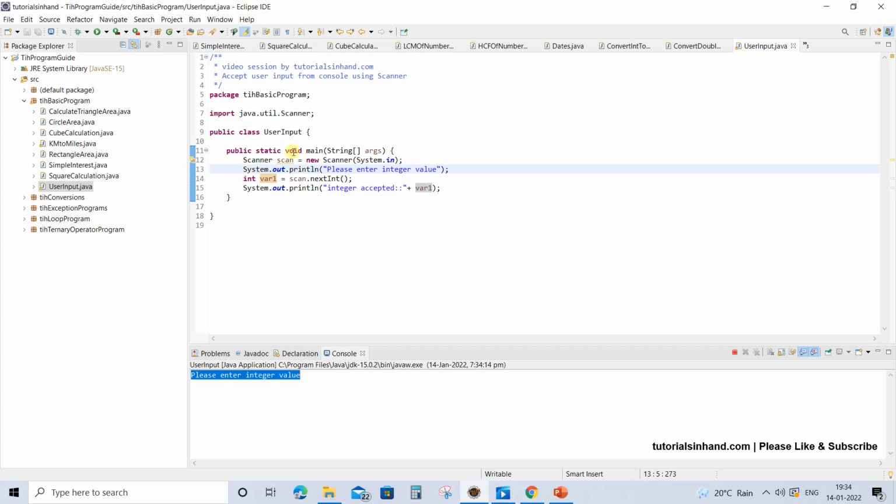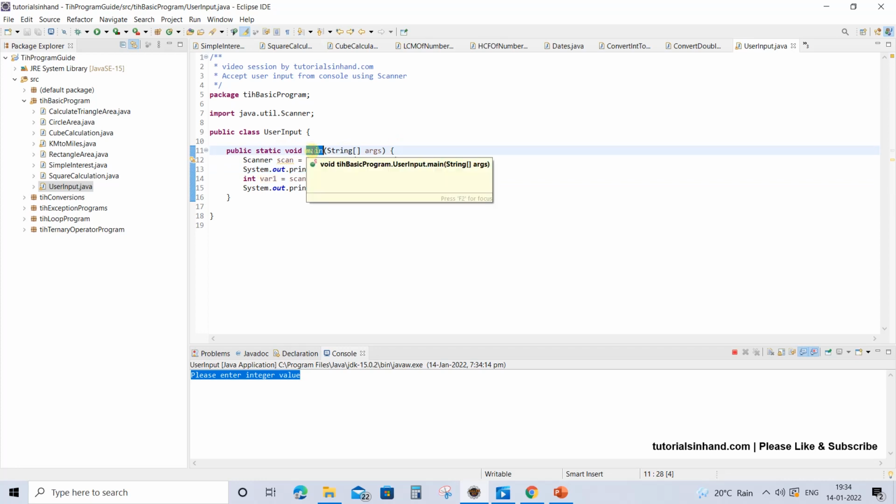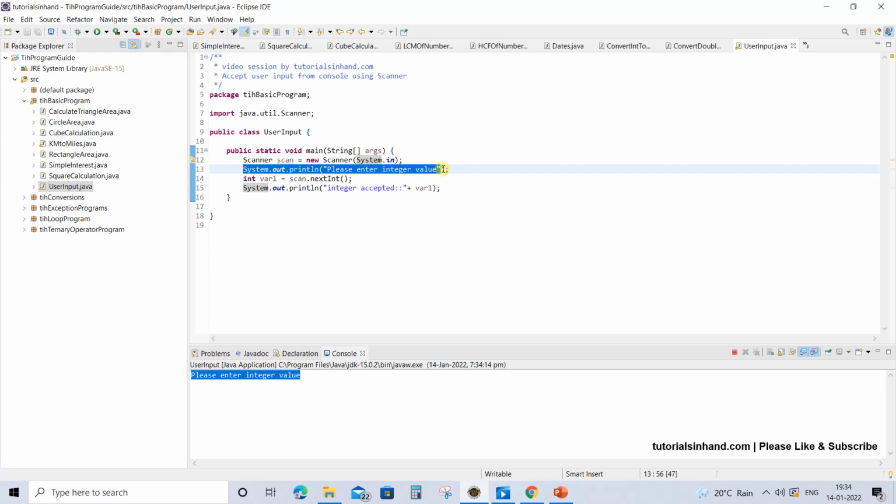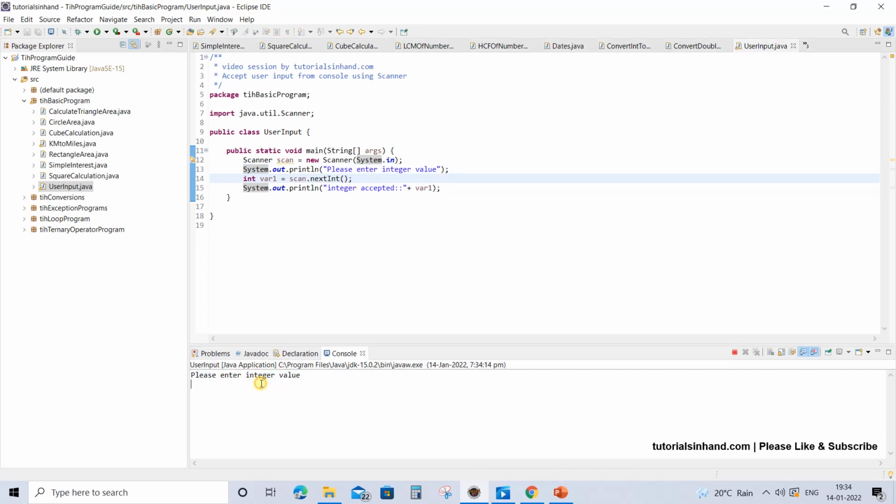So how does this code work? Whenever you execute this code, it finds its main method from where it will start the execution, and within that it will create a Scanner object of the standard input stream. Then the second line, that is line number 13, will print the message on the screen, please enter integer value. And then when you enter a value, for now let's enter an integer value like 1.